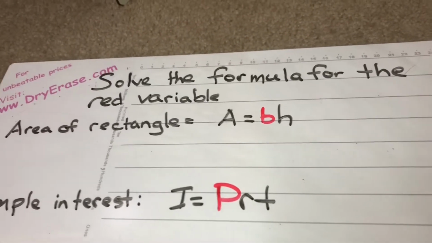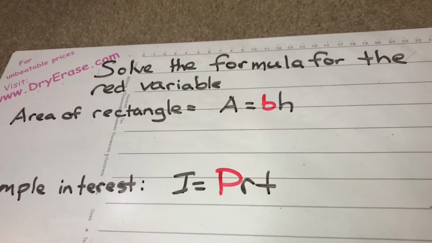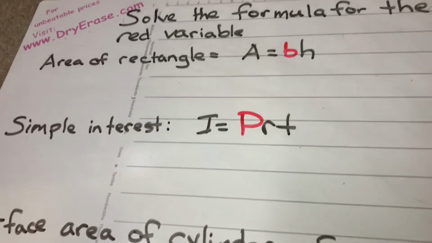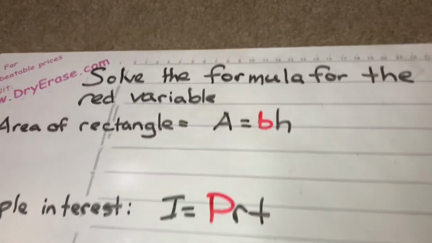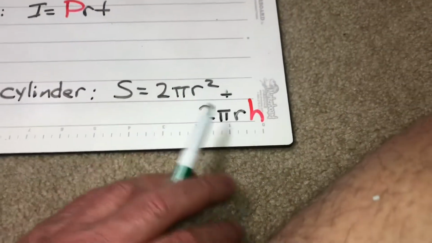So it's the same philosophy of what we just did, where we would solve the equation for y, but now we're looking at different formulas for finding certain values of certain things for the red variable. So one of the variables in each of our three examples,